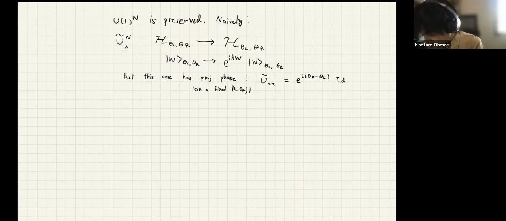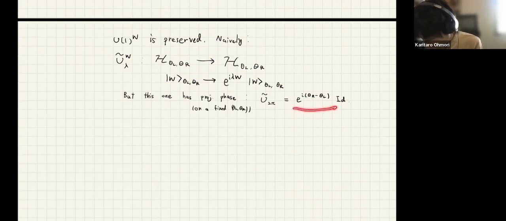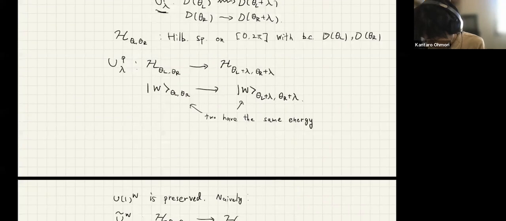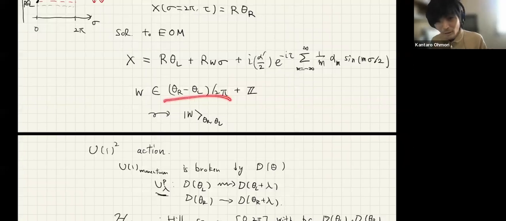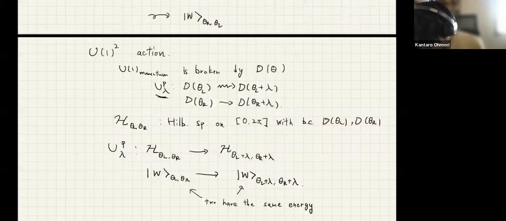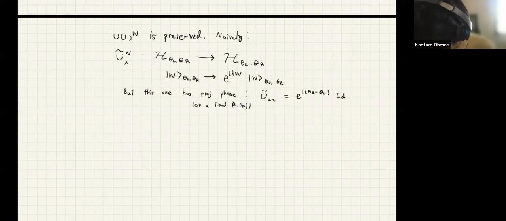Please recall that this is because this W is not an integer, but an integer plus some fractional number, or like the remainder. So this one breaks the periodicity. To remedy this, by defining